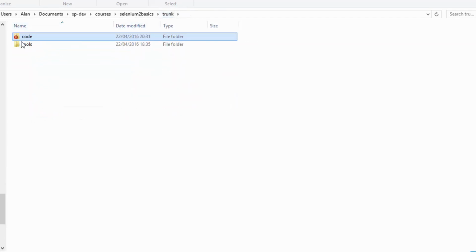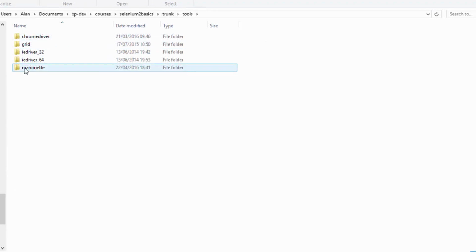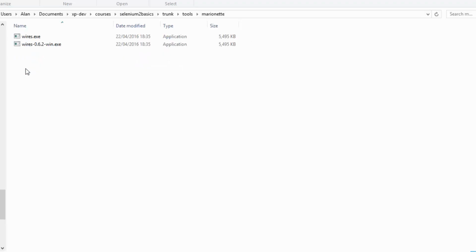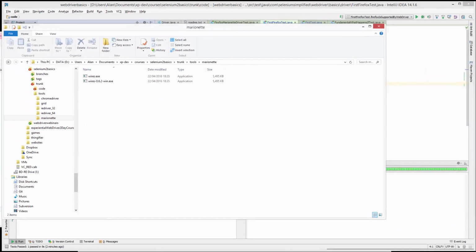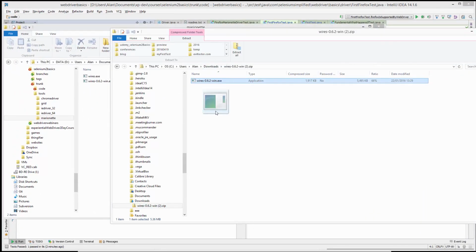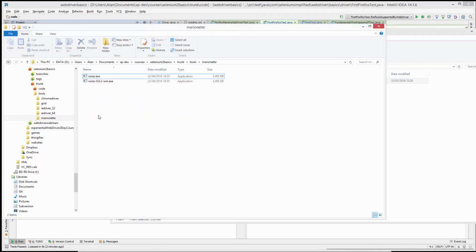But as a peer project to that, I've got a tools folder. That's where I store all my drivers and any other supporting things. And in here I've got a Marionette folder. So what I would do is just take the version of the executable from the archive and add it into that tools folder. Then I rename this to be wires.exe so that in my code I'm only ever referring to